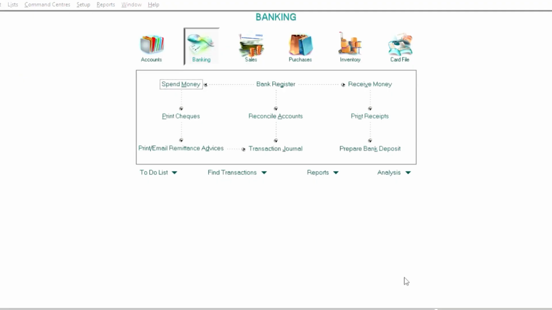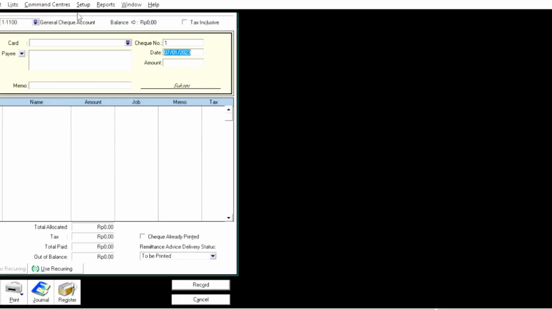Next, we will practice how to record a salary and wage payable payment transaction in the MyUp application using the Spend Money menu. In this example, the company makes a payment for last month's salary and wage payable amounting to 3 million rupiah through the bank. First, we go to the banking menu, then select Spend Money. In the account section, we choose the cash account or the bank account used to make the payment. Then, in the check number field, we enter the payment reference number, which in this example is KK2.